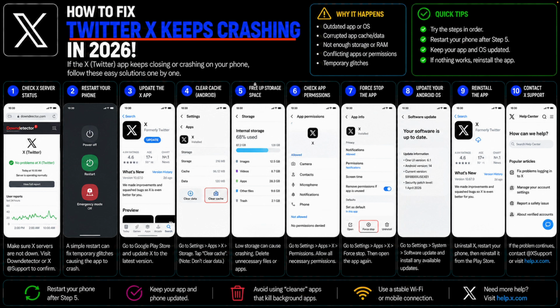So the first thing you want to do is simply go ahead and check your X server status. In order to do that, you can simply go ahead and visit a site like Down Detector, and you can check if there are any problems regarding the server itself. If that is not the case, you can simply go ahead and try to restart your mobile device or even